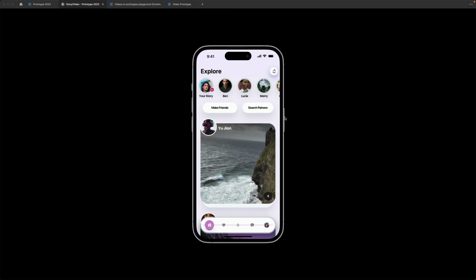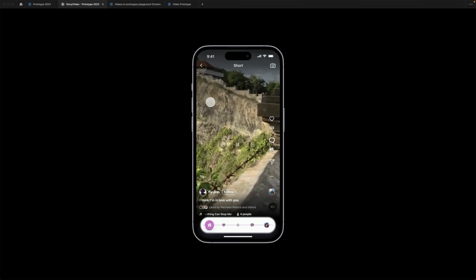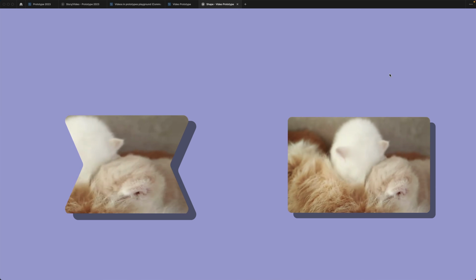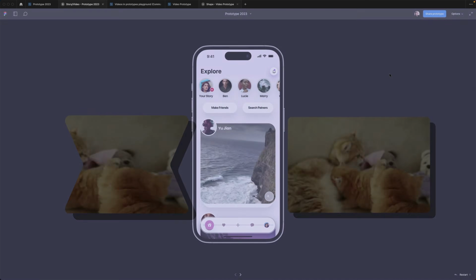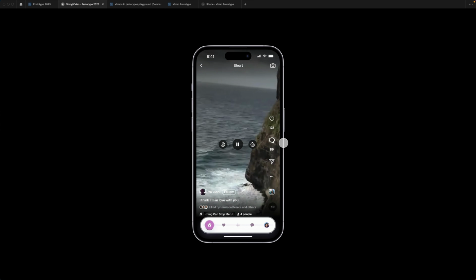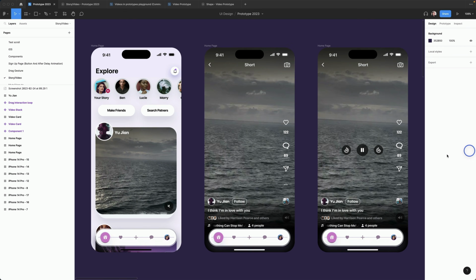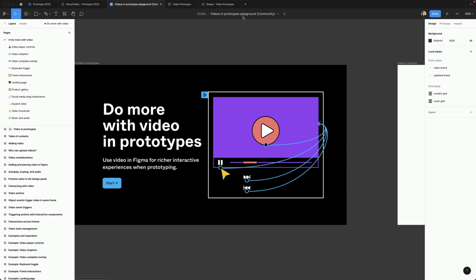Video enhances any user experience, so prototyping with real media is crucial. Like images, video can be added as fill to any shapes. In this section, we will cover the basics of how video works in Figma and how to use them to create simple social media design. To follow along, you can grab my design from the asset file. For additional resources and inspiration, download this file from Figma Community. It provides a lot of new updates that you can have on your video prototype.